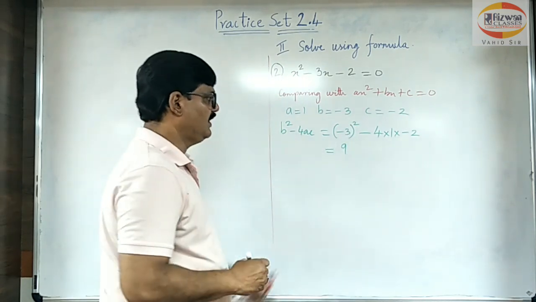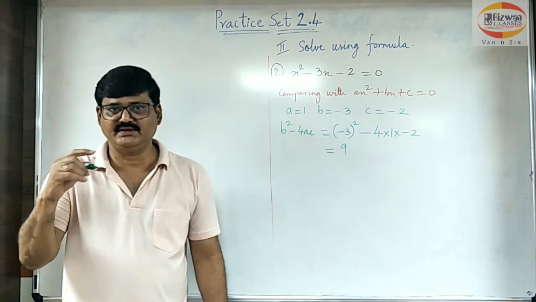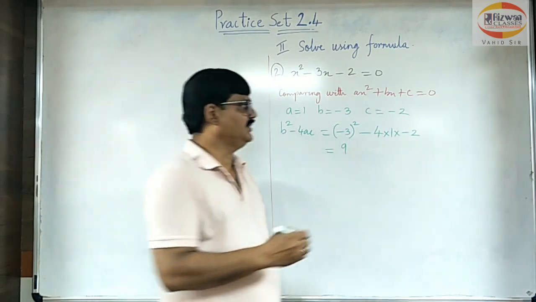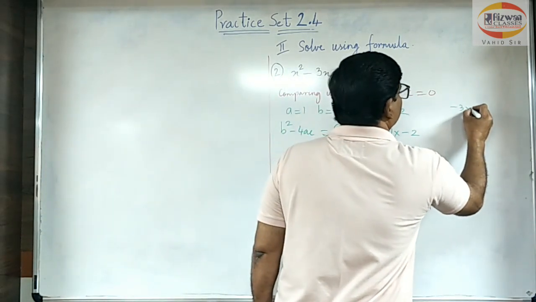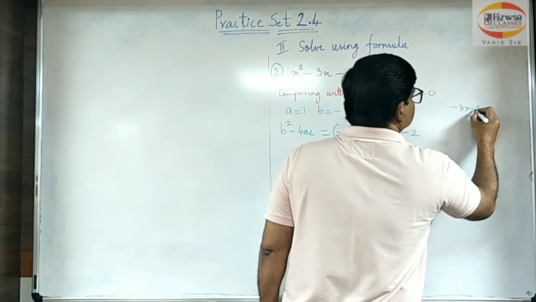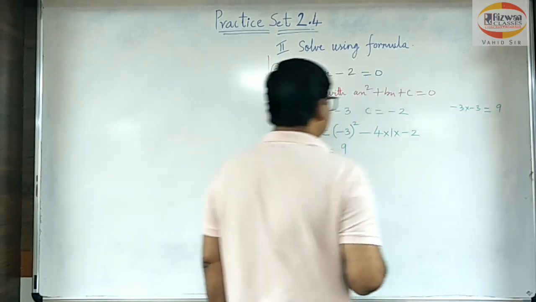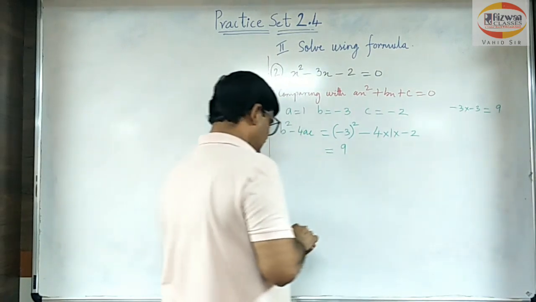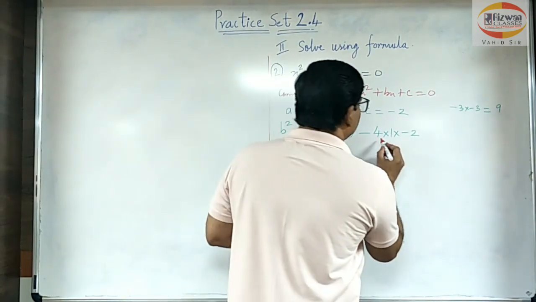3 square, minus 3 square, means you have to multiply minus 3 two times. So when you multiply minus 3 two times, what will happen? The negative sign will go. Minus 3 into minus 3 is plus, minus into minus is plus, and you will be getting 9. And this minus sign and this minus sign, because all this is multiplying there.